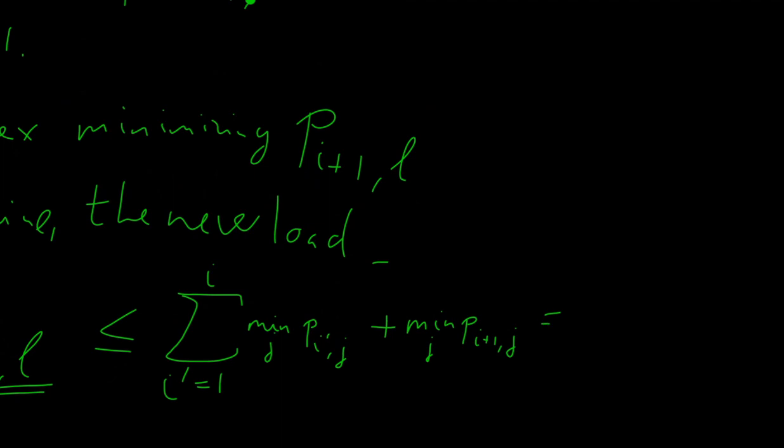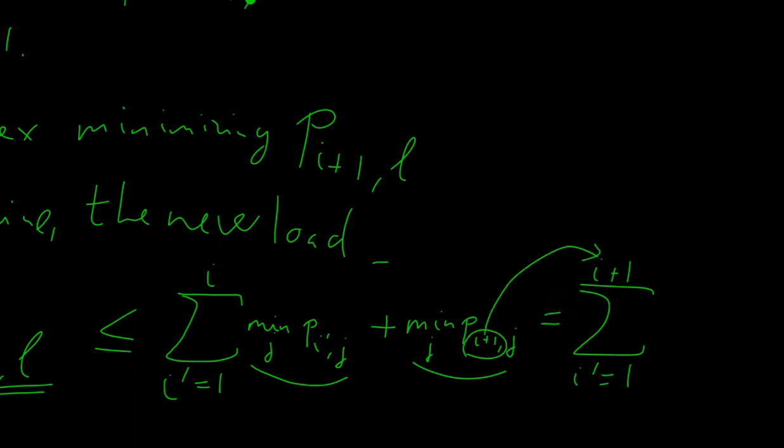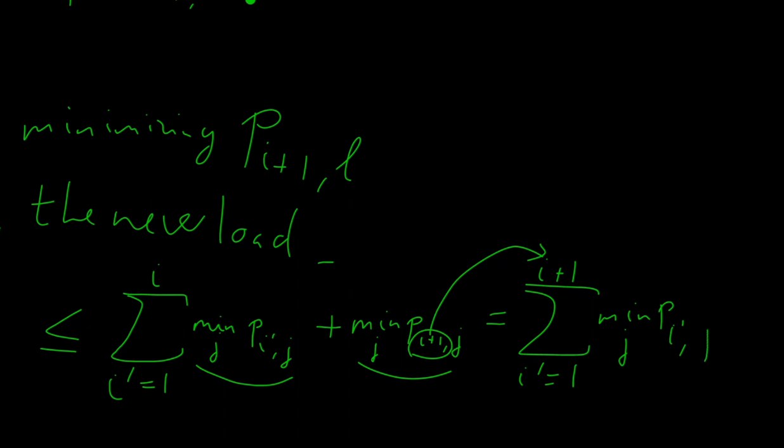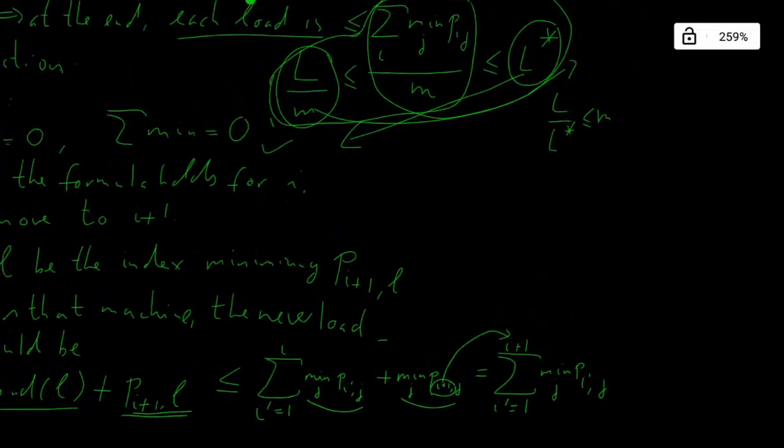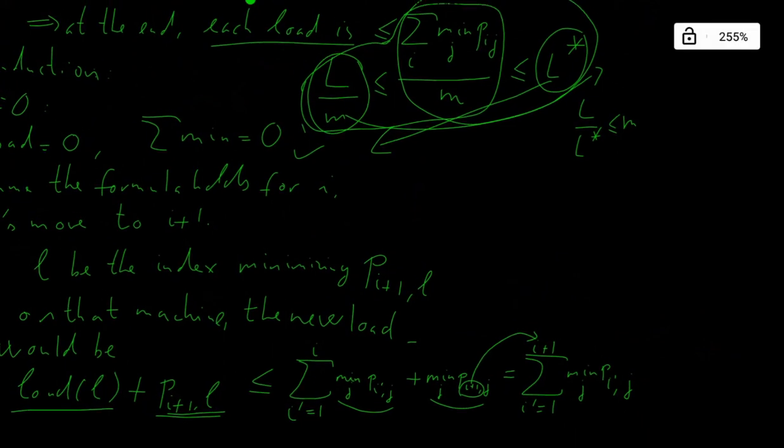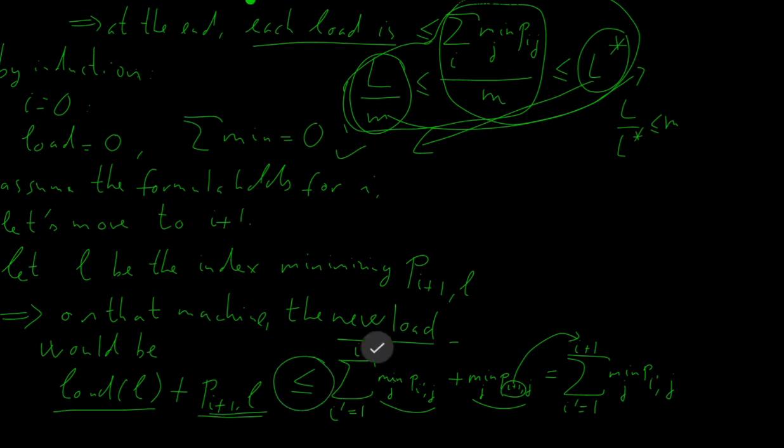And this means that here we have the sum moving from 1 till i plus 1, since I am just summing the minima and again the minima for i plus 1. I'm just including this guy there, and this is just the sum of all the minima from 1 till i plus 1, which means that on that machine the new load would be at most this